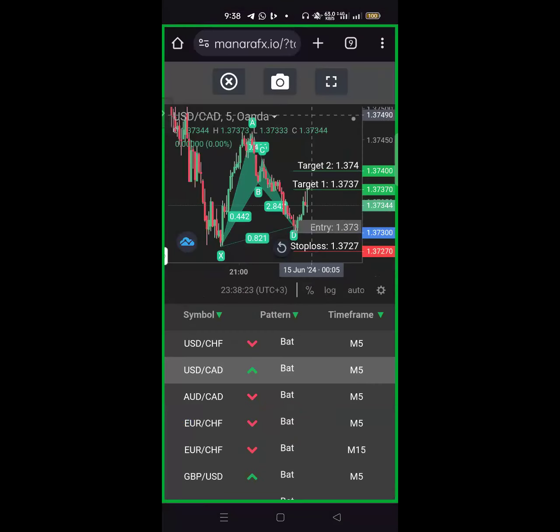Let's say Manara gives you USD CAD. You want to ask yourself, USD CAD, that is United States dollar versus Canadian dollar. Now USD and Canadian, especially New York and Canadian time, is almost always the same time using the major cities. So which means you can trade USD CAD around your own time in the afternoon. You can trade USD CHF so long as USD is there, but you cannot trade